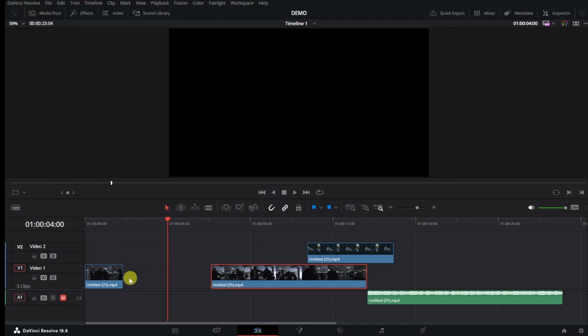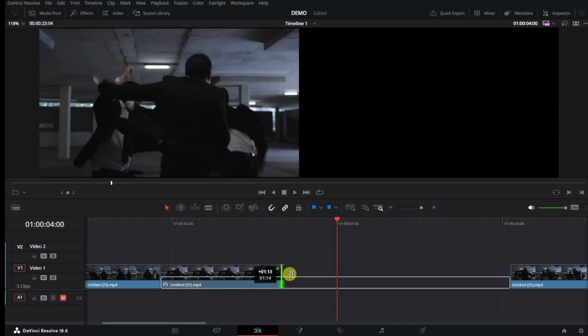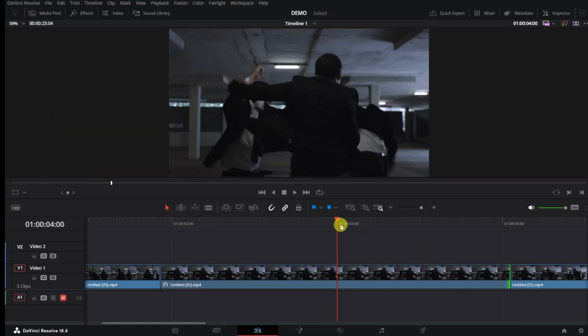Now if I click on that freeze frame clip, if you can't see it too well, you can zoom back in to make your life a little bit easier. So if we now click on it and drag it, we'll drag it up to that point there. What we've done is we've told DaVinci that this freeze frame, you want it to last for this duration, or this many frames. So if we now zoom back out again,